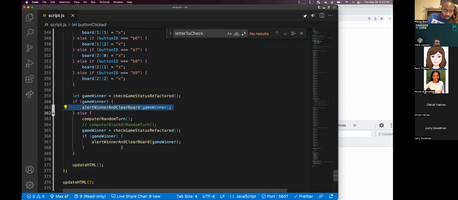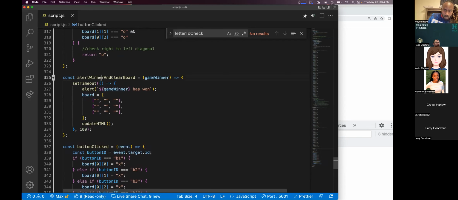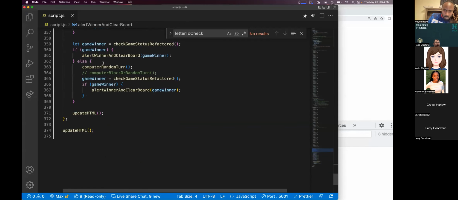What I did is I took that entire set timeout and put it into a new function for alert winner and clear board. Then I took whatever code we had duplicated twice, put it into that function, and replaced the two places that code was repeated with alert winner and clear board.